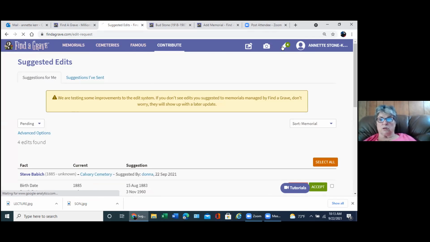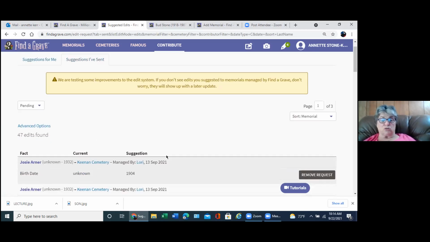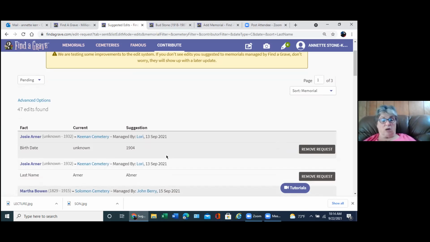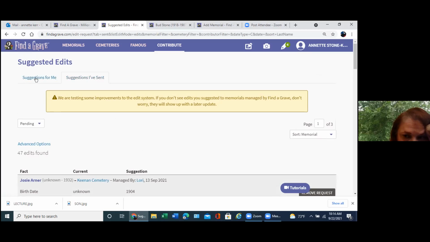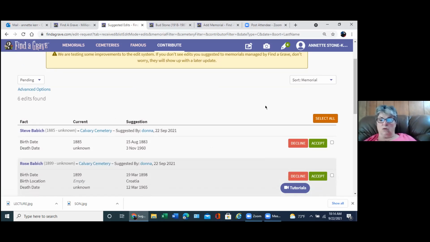feature. Your pen gives you what has been suggested for you to edit and add, and this suggestions is the ones that you may have sent to someone. It records everything that you're trying to correct or update, and it also lets you know others who are asking you to update a memorial. And over to the right is your options that says,